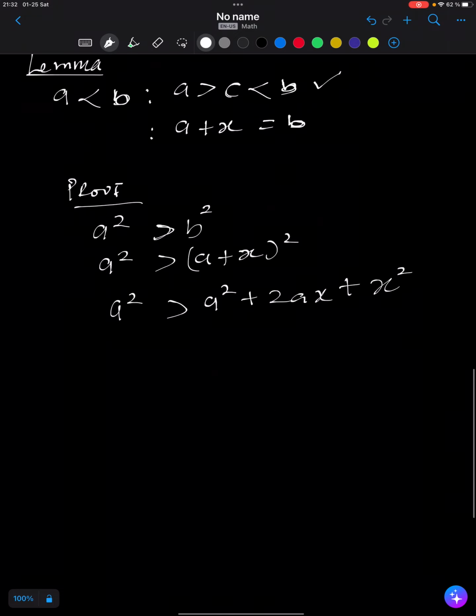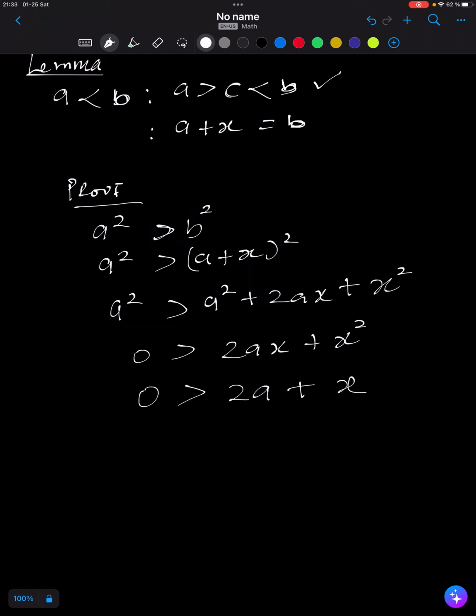Okay, so we bring this over to this side. We have that 2ax plus x squared is greater than 0. I guess we can cancel the x, and then we have that 0 equals 2a plus x, and we can have that x